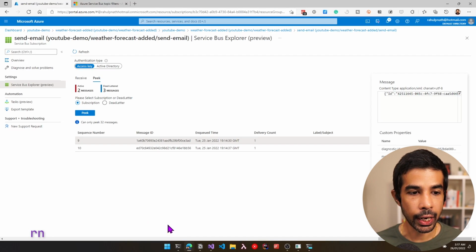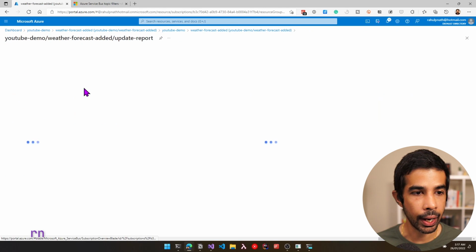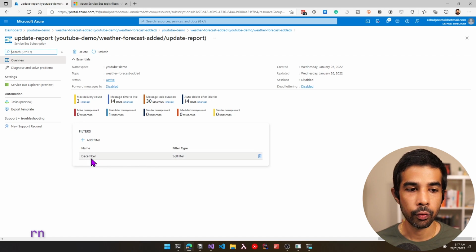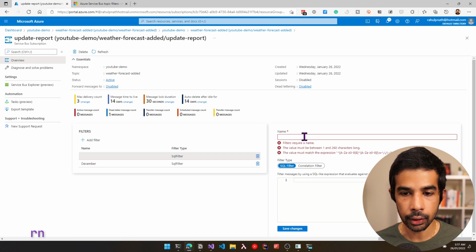If we come back to the Azure portal, let's go back to the update report subscription where we added the filter and add one more filter to it. Now let's say we are also interested in months where the value starts with M and A. That will include March and May. So let's click add a filter and specify